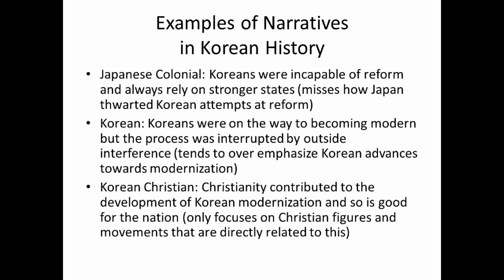They used to rely on China, but now China is weak, China is backwards, so we Japanese need to take over. And of course, this justifies the colonial period, right? So there are Japanese historians who argued that Koreans are stagnant, they can't reform, they always rely on a stronger state to protect them. Now, they do this by reading the story incorrectly.